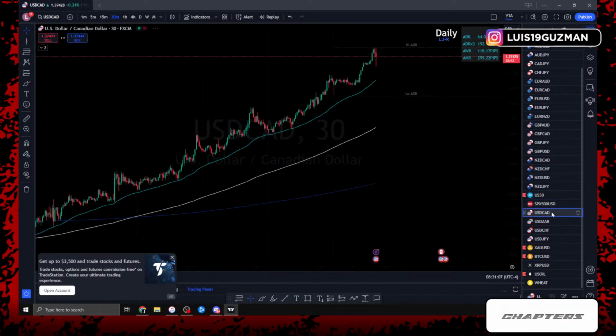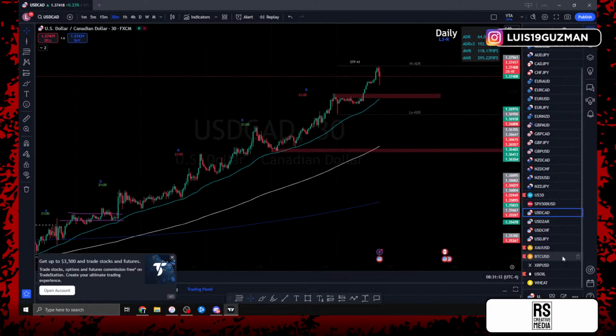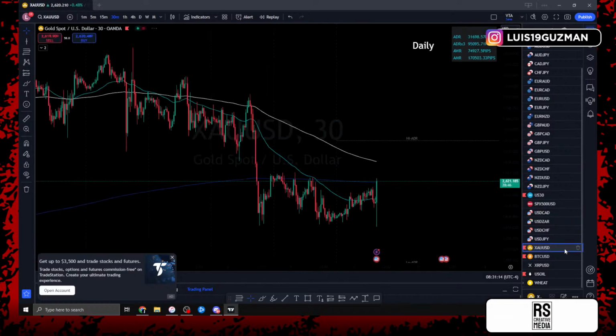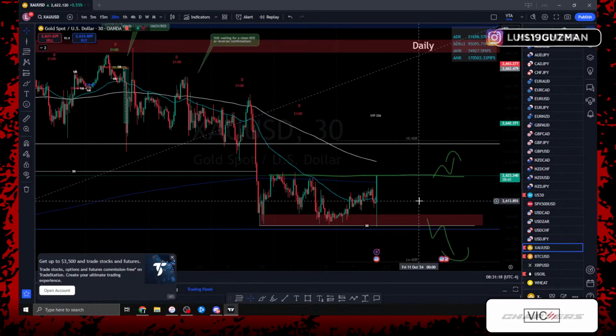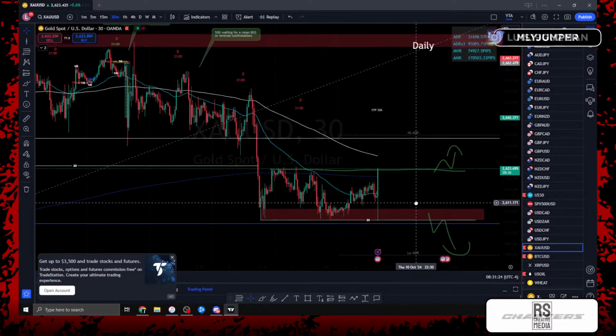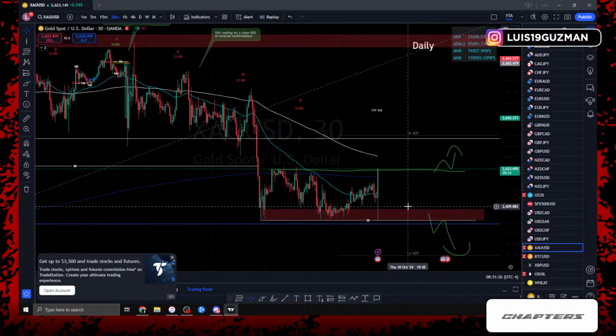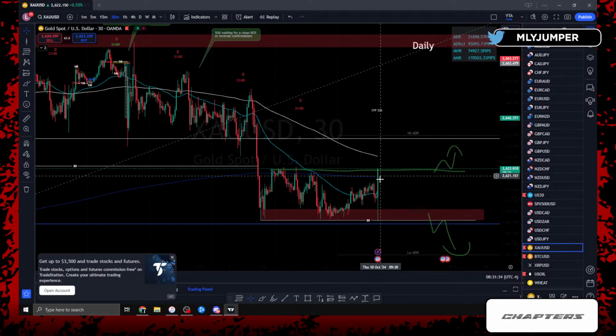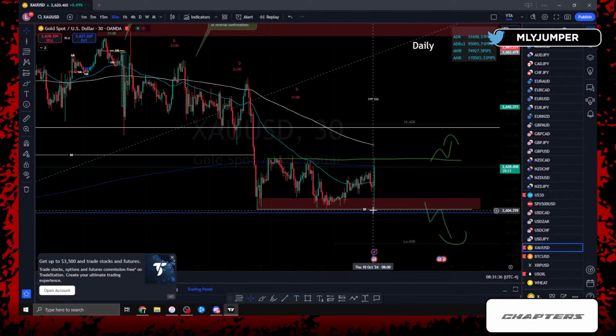Let's go look at the other pairs real quick. USD CAD spiked down to the bottom, but again, I'm not gonna really look at that. Let's just look at the ones that we had on for the day. Gold: if you took an early trade, your stop loss got spiked out. As a trader you're gonna ask yourself, and I see this question a lot, how do you avoid getting spiked out? The way gold would have spiked us out if we were in this trade early,